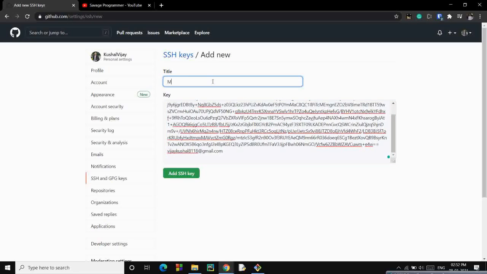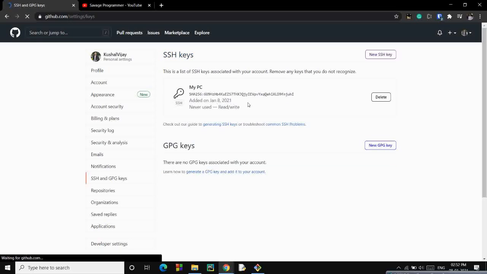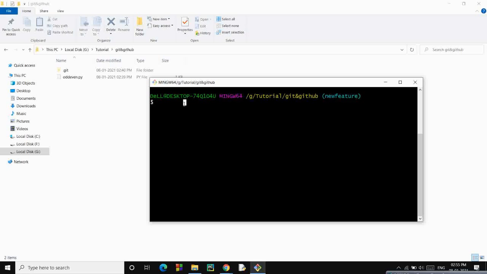Now it will be valid. My PC, add. So now the SSH key has been added. Right now we have added an HTTP URL in order to interact with GitHub, but we need to add the SSH URL in order to use the SSH key that we have created just now. So let's go to GitHub,